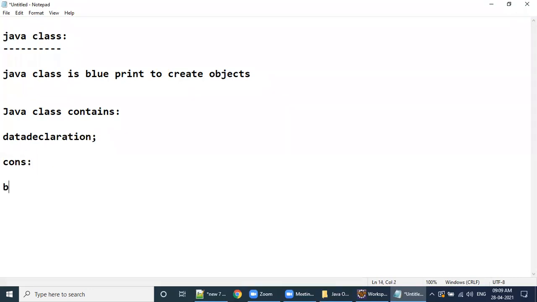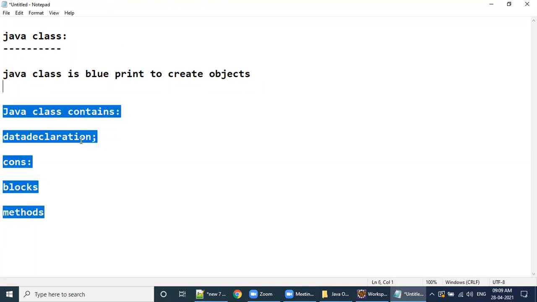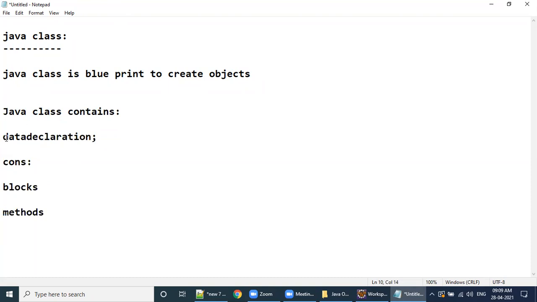Next one is blocks. Methods. Yeah, very good. These are the things a Java class can contain. Every Java class can have data declarations, one or other constructors if needed, blocks, and methods.